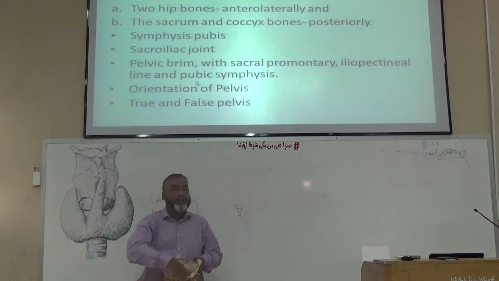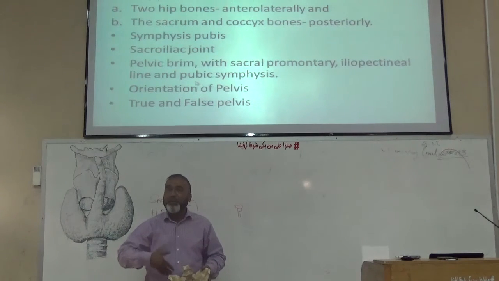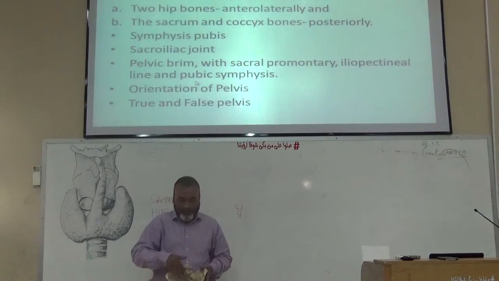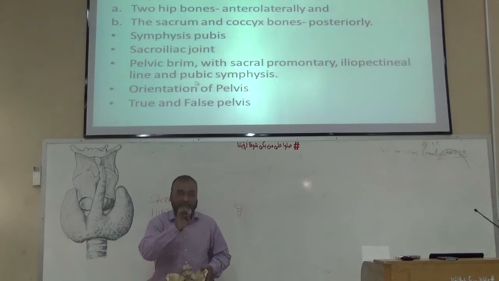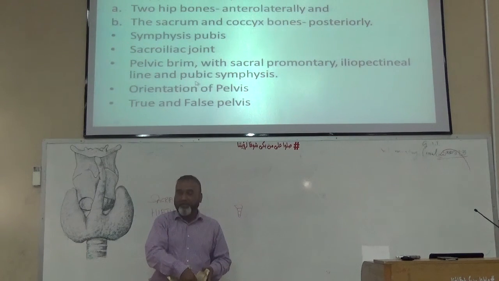Okay, so the orientation in anatomical position, like I am standing, and what will be the position of the pelvis? It will be like the posterior surface of the pubic symphysis faces backward and upward. While the sacrum faces forward and downward. You must know that this is the anatomical position when the person or the patient is standing in anatomical position. The inner surface faces backward and upward, while the sacrum faces downward and forward. Okay?